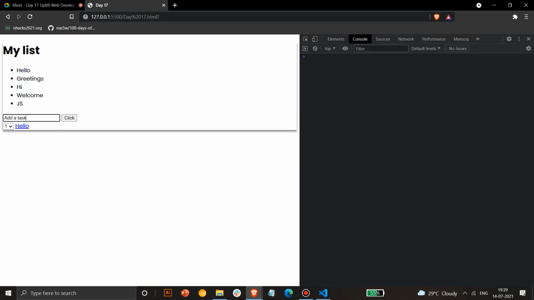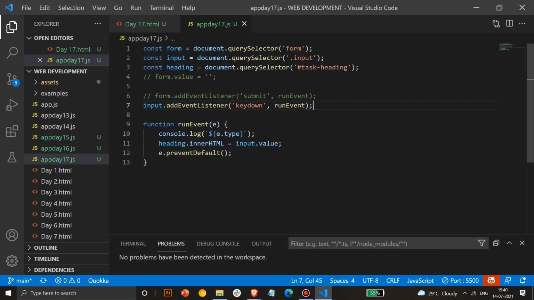As soon as I write something, it renders that event key down, and it shows whenever I press the key down, and it will keep on running that. Now you won't hear the noise of the keyboard, but if I press a particular key, it will show that you are pressing it. Similarly, if you put the key up, it will start key up. We'll see the key up command also.